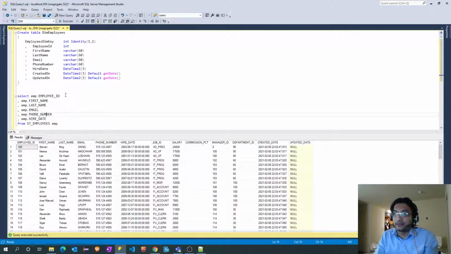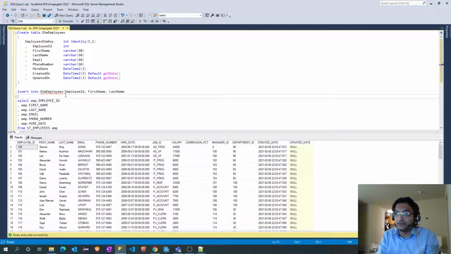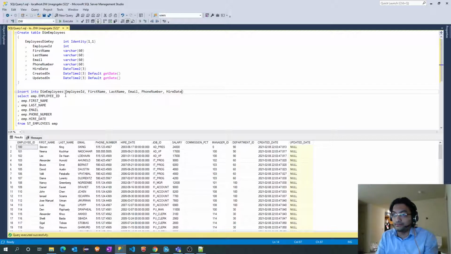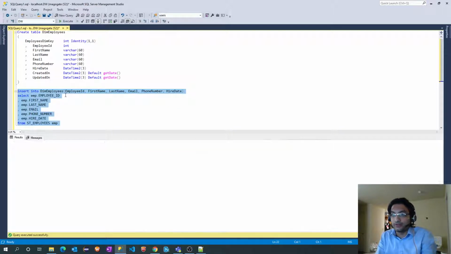All right, and let me write an insert statement as well. Insert into this: employee ID, first name, last name, email, phone number, and hire date. Perfect. So if I run this, it should work.